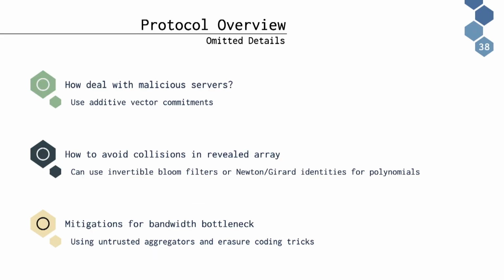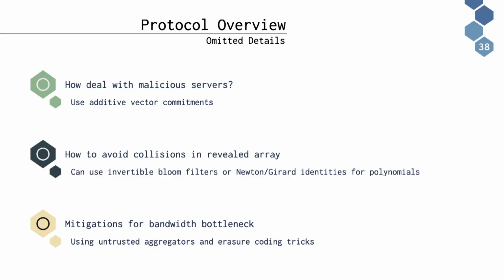So there's a bunch of details that are obviously omitted in this protocol. For example, how do you deal with malicious servers? A server might not produce the correct output, but what we show is that if you construct a certain type of additive vector commitments, then the clients, in addition to secret sharing their data, commit to the shares. And now when the servers speak, they not only reveal their message, but they also produce a corresponding opening where I can check: is the server's message the correct message or is it the incorrect message?